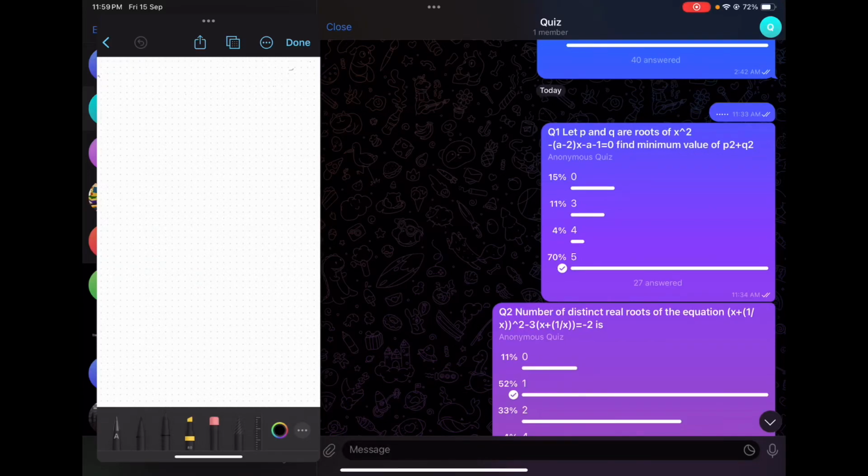So let us go through today's questions of algebra. Let P and Q are roots of this square. Find the minimum value of P square plus Q square. Okay. So we know that P and Q are roots, and the only relation of roots and coefficient we know